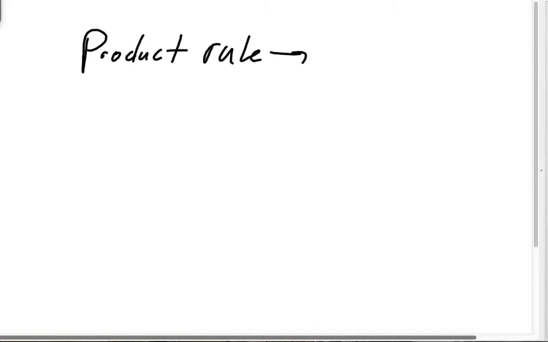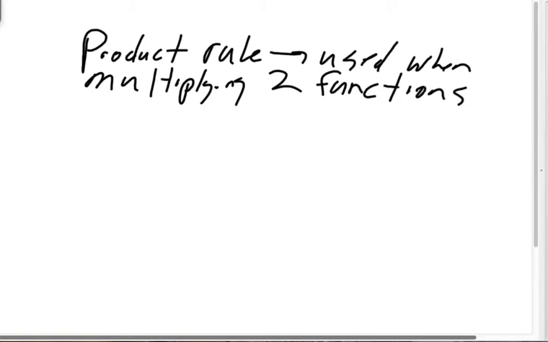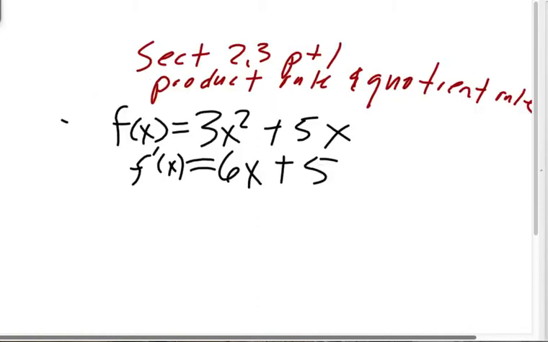It's used when multiplying two functions. A lot of people mess up on this by trying to use it when you're adding, subtracting functions. You do not, okay? That was a previous one we talked about here. This is not an application for product rule because you're adding. Product rule you just use for